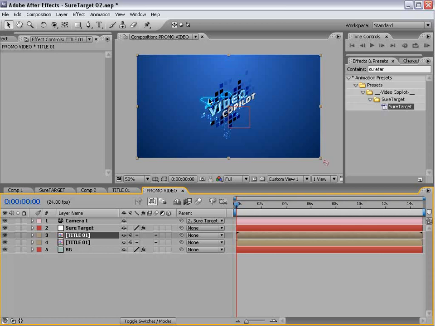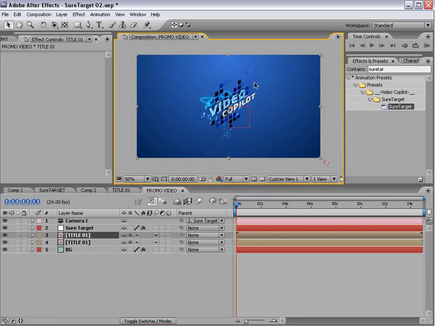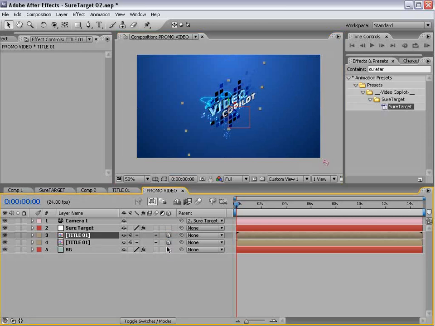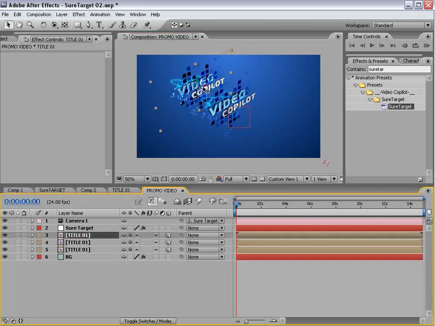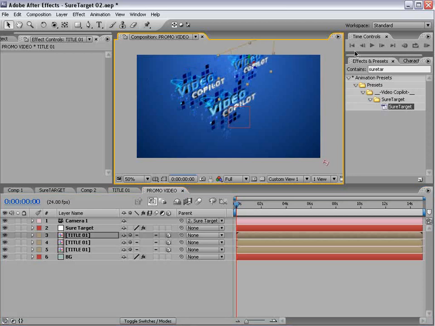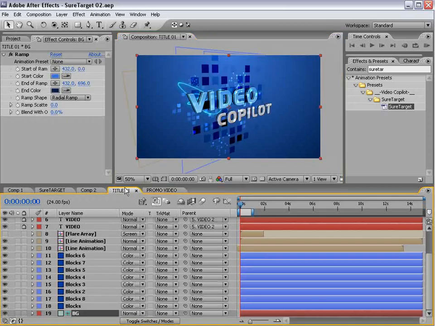But it's still a 2D layer, so I can move it around, but I don't have a lot of control over it. So in order to move the scene around in 3D, we need to make it a 3D layer as well. And that gives us the control to be able to actually move the scene and even rotate the scene just by simply moving that layer around. So I'm going to go ahead and make one more copy, and we'll just move it over here. Now it's a little slow to render obviously because we have a massive comp. So I'm going to go into the title comp,